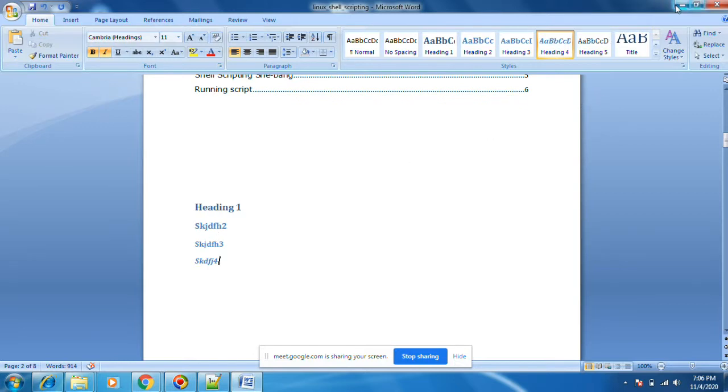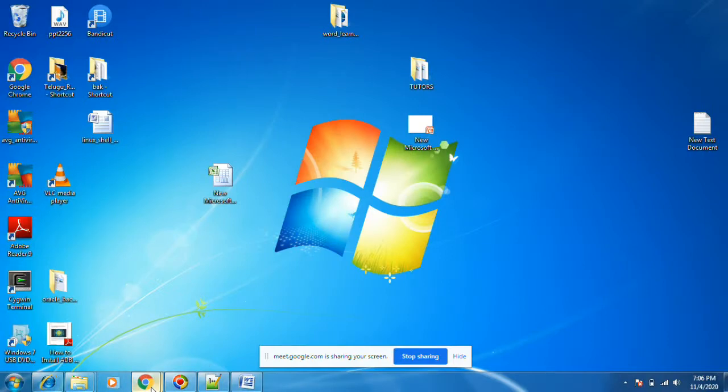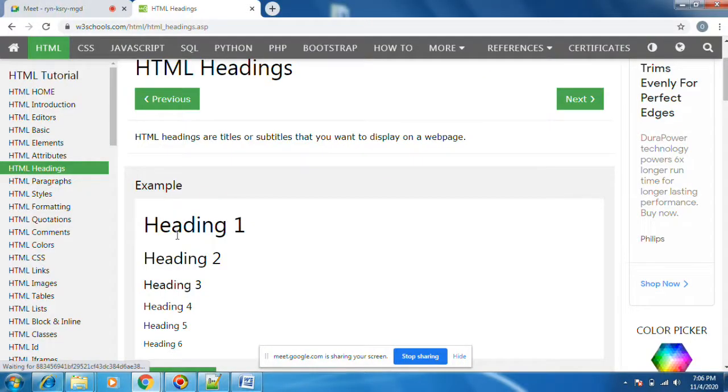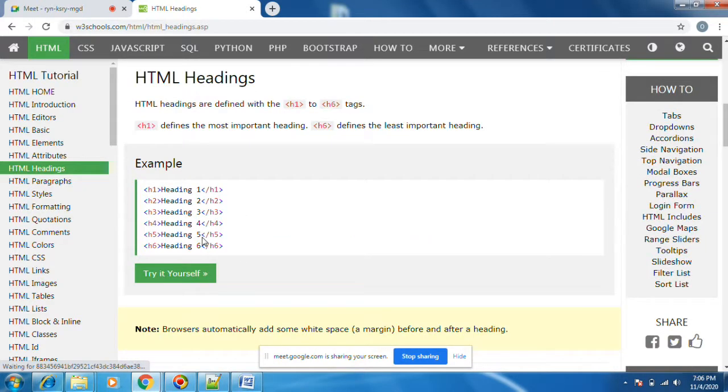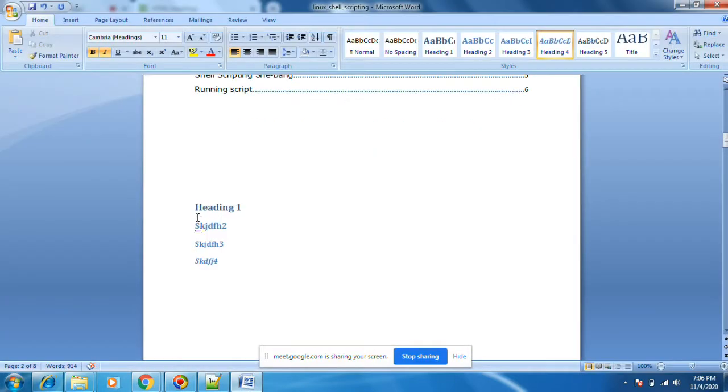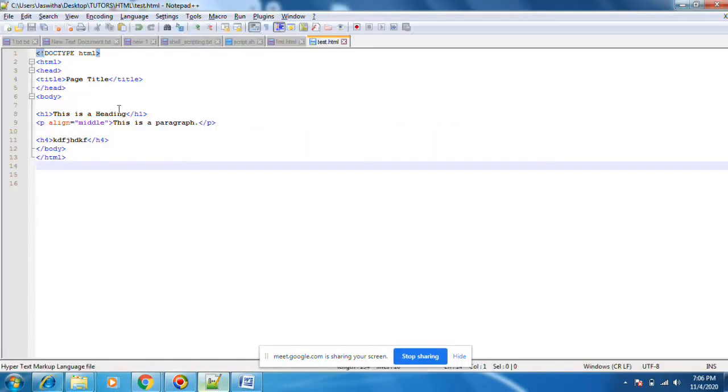This is the output. Then this is the body. Okay, heading 1, heading 2, heading 3, like this. I can choose the same thing and put it in the HTML body.